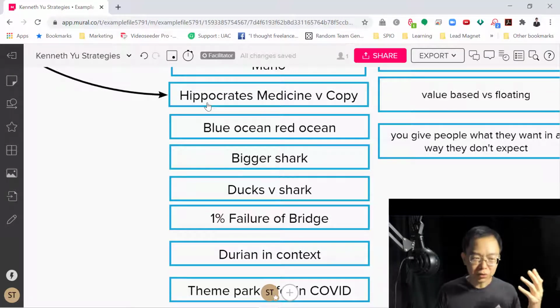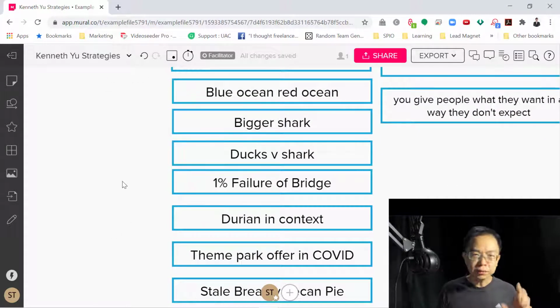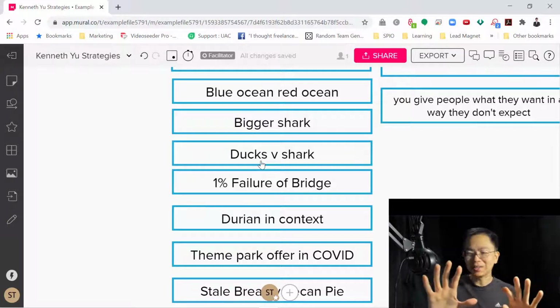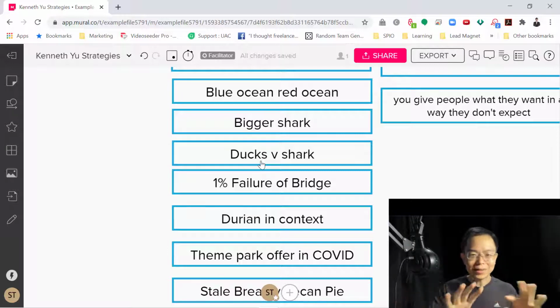If you want to advance medicine, don't just stop at Hippocrates. Red ocean and blue ocean, this again is a visual contrast, but if you understand the reference, it comes from the guys who wrote the book Blue Ocean Strategy, right? But blue ocean and red ocean tie into his further analogy of the shark, the bigger shark. And then this very funny reference when you think of a duck and a shark. He said sitting ducks versus a bigger shark, right? When you take a look at those two, which one looks fiercer? It's only through that analogical contrast that you can see that being the shark makes sense.